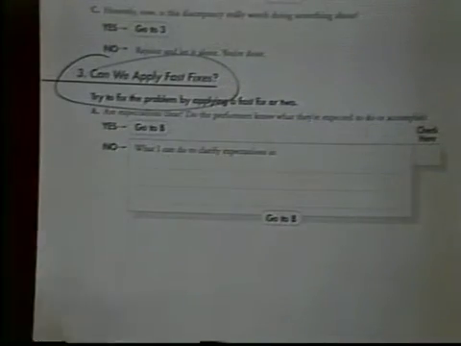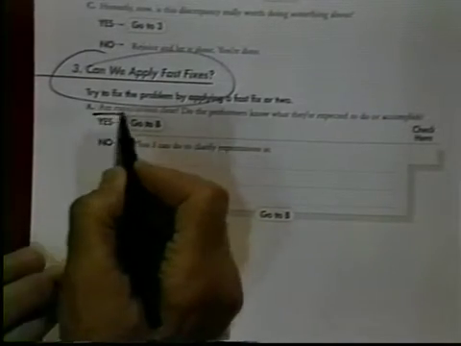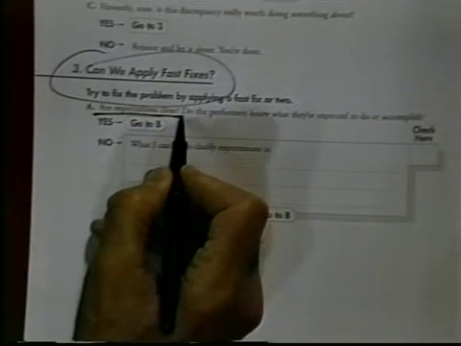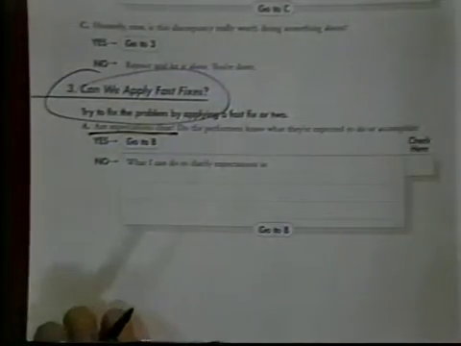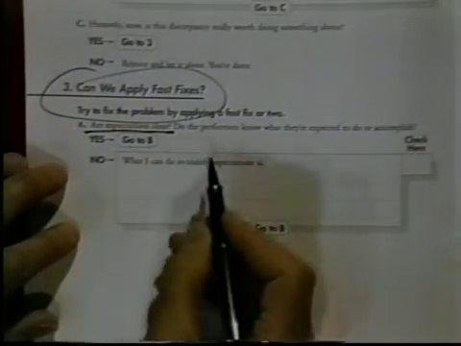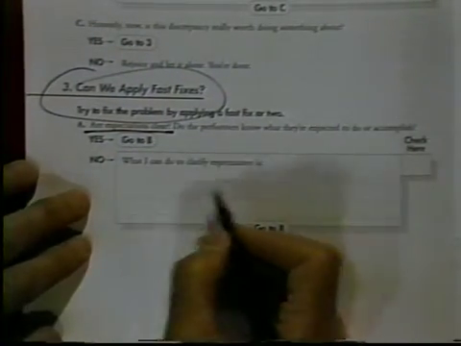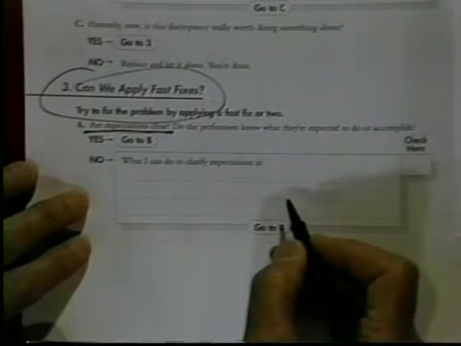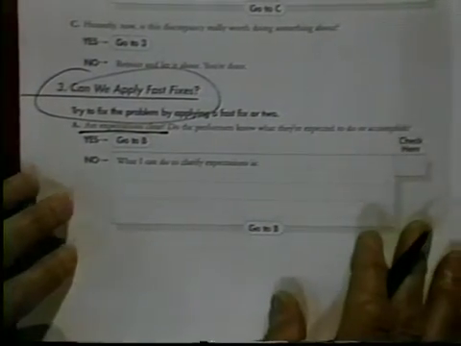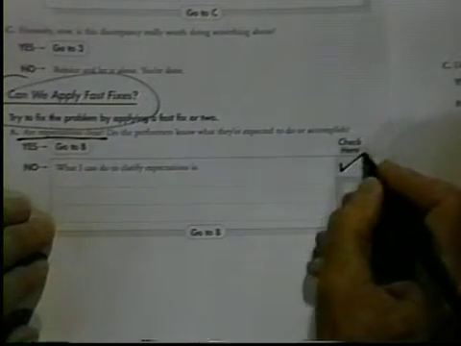First off, are the expectations clear? Sometimes people aren't performing, as I mentioned a moment ago, because they don't know what they're expected to do, they don't know what they're expected to accomplish. And this is usually a problem that's easy to solve. So if they don't know what the expectations are, write down here what you can do to clarify the expectations. In other words, draft a little piece of remedy here, and then be sure to put a check mark in